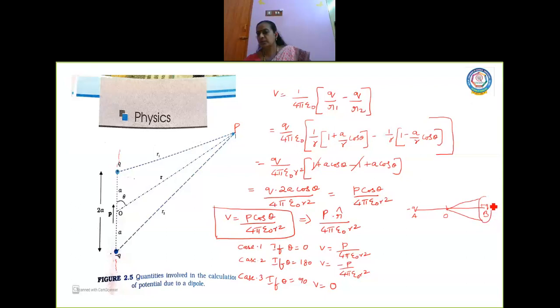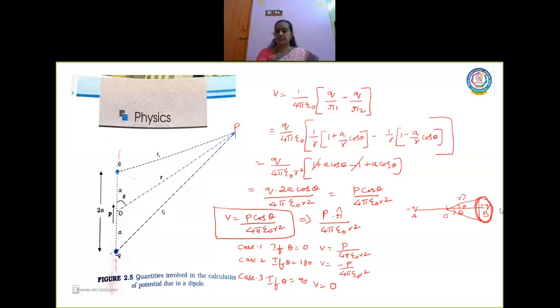So if I am going to rotate the position vector along this, now this is the position vector, right? And this will be theta. If this value of theta is going to be the same, now when I keep on rotating the position vector along this direction, which is along the axis of the dipole, all the potential at these points will be the same. So you can say that the dipole moment vector p is axially symmetric in this position.